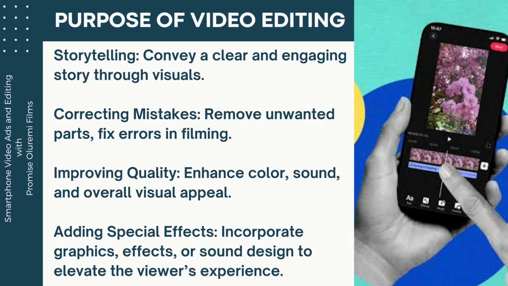Let's say, for instance, you want to correct the notion of probably female genital mutilation. You can create content around that, and then you ensure that such a video, the way you advertise it, goes viral, for people to have a proper understanding of female genital mutilation. And then we've seen videos whereby people do advertisements of how females can have a proper understanding of how to prevent breast cancer or any form of cancer that they might be prone to.